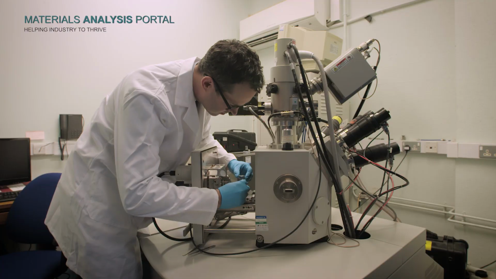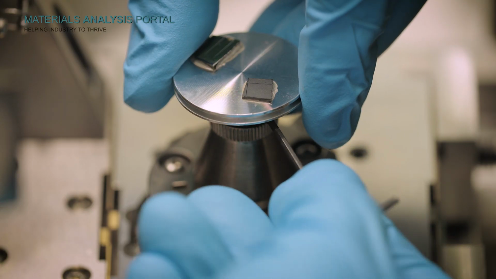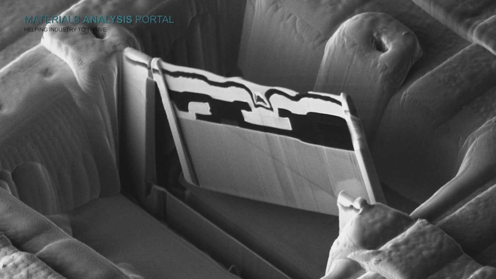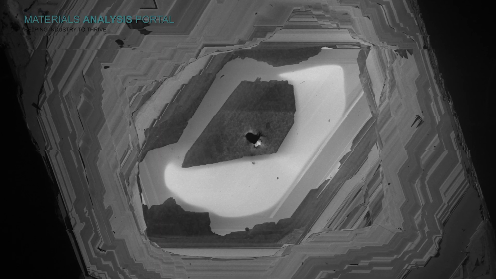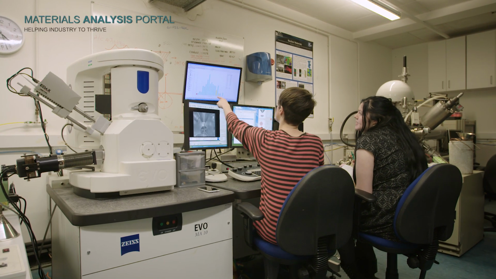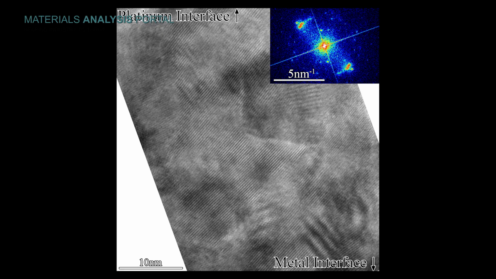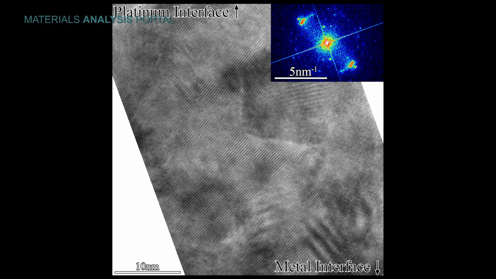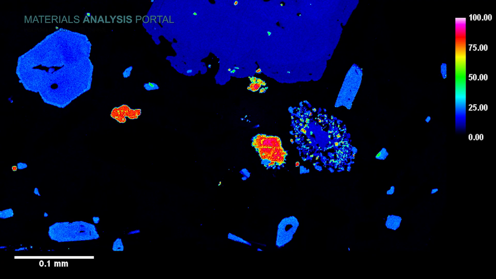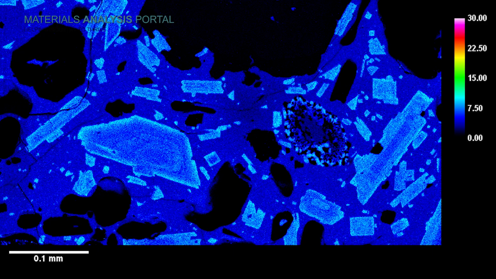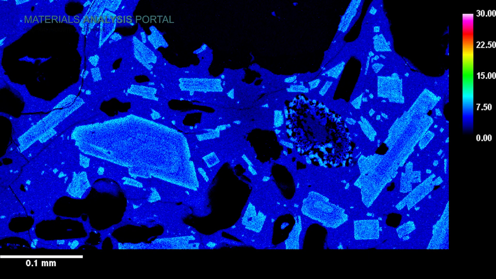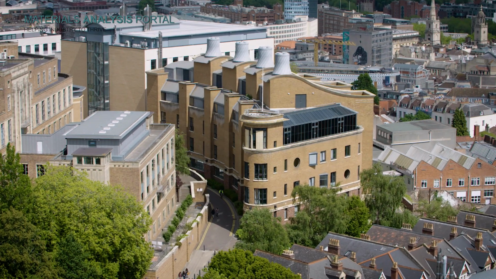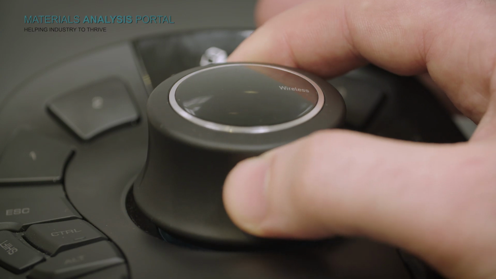We have over a dozen electron microbeam systems at Bristol, offering a full range of options such as focused ion beam, cathodoluminescence, electron backscatter diffraction, very high resolution imaging with transmission electron microscopes, and analysis of very low concentrations of elements with state-of-the-art electron microprobe. Access to such a large number of instruments means we can offer a fast turnaround for